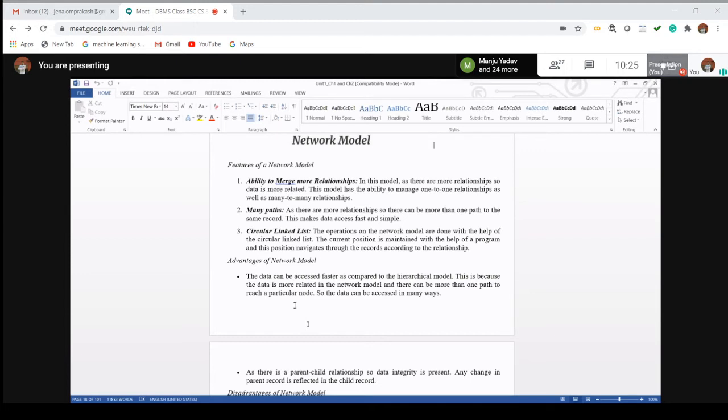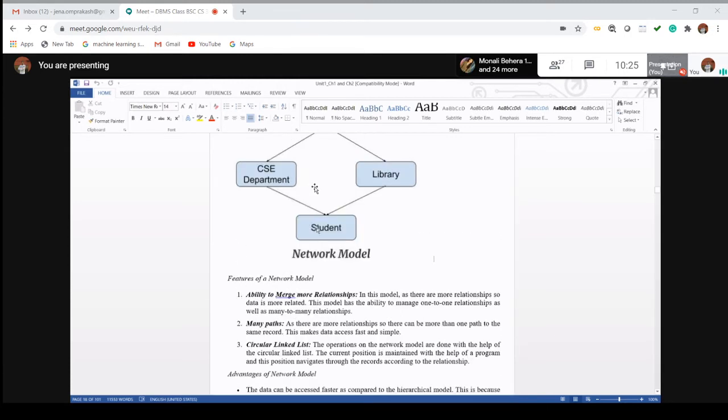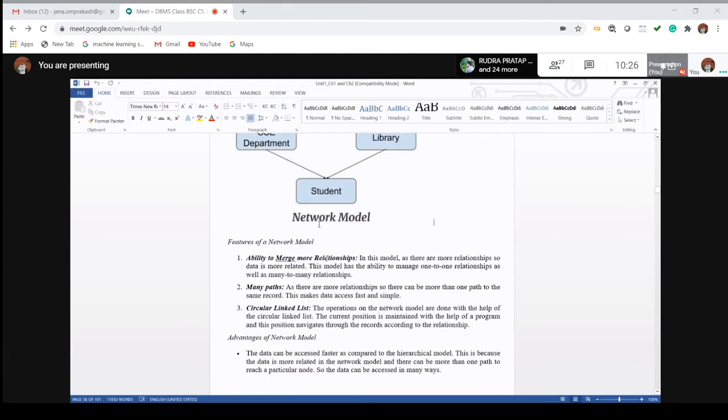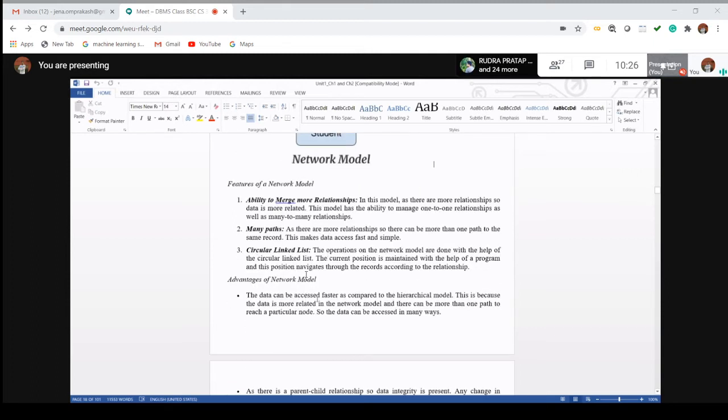Okay, so the data in the network model is much faster to access than in the hierarchical model. Why? Since one data record, suppose the student, is associated with multiple sources, you have an option to choose any one of them which will find the data in fewer steps. So data access is faster.